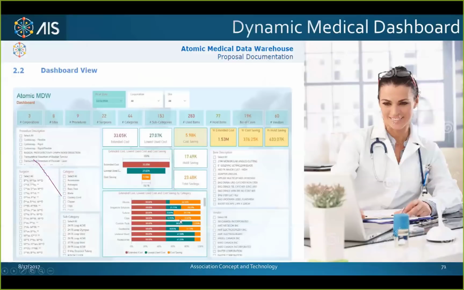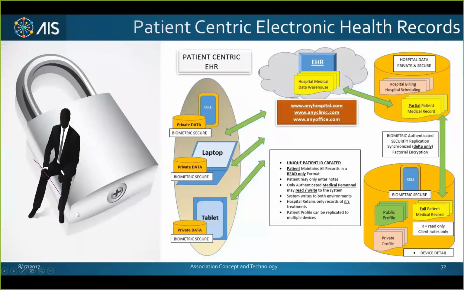This is an example of our data warehouse dashboard. This is our dashboard as of right now. It can be anyone's dashboard for that matter. It doesn't have to be ours. We simply provide the data and you can extrapolate it any way you wish. But as you can see, what was required here was an overall hierarchy: the countries, locations, the sites, the hospitals, the corporations, and all of the areas aggregated. And you can bidirectionally click on any element and it will return either forwards or backwards to investigate.